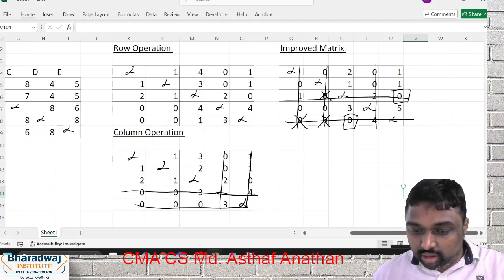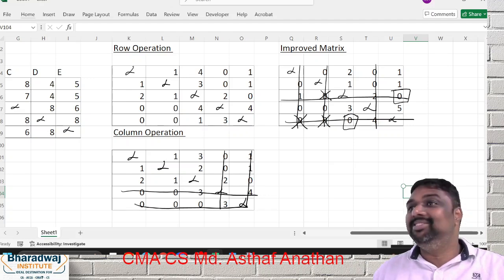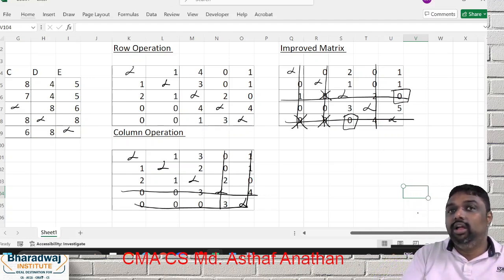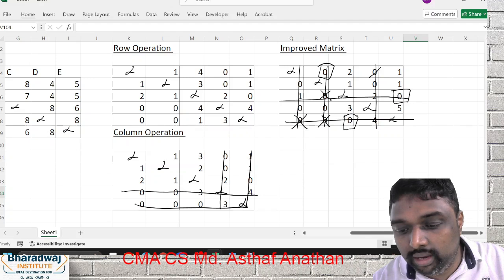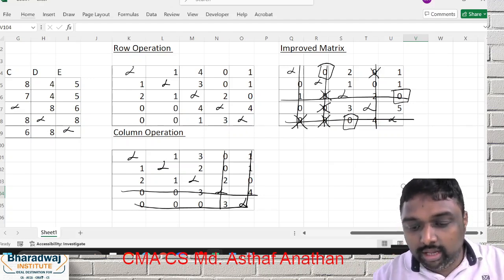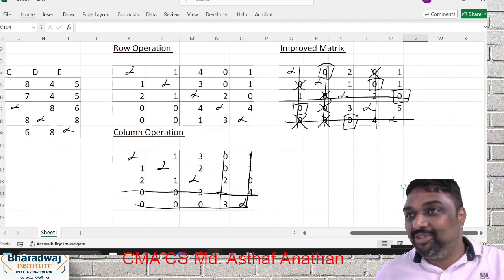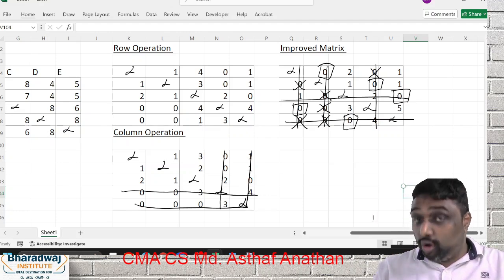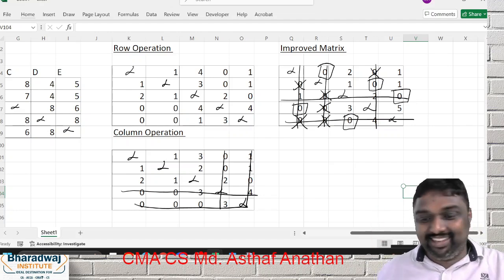Which column do we have a single zero in now? There is no column with a single zero. If no column has a single zero, it is called a dual optimality. So what we will do, we can allocate this first one. This will be over. Now if you allocate this one, this will also be dead. So this will be gone, and this will be dead, and this will go to this. So now this is the allocation you have done. Hope all of you got this allocation. You have row wise single zero, column wise single zero, dual optimality, everything we have seen.